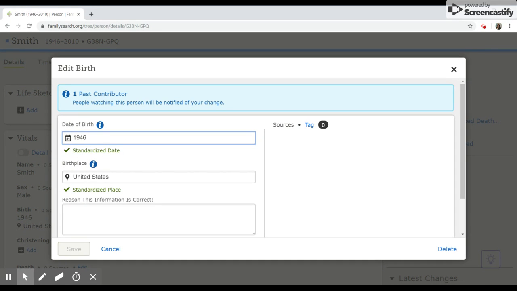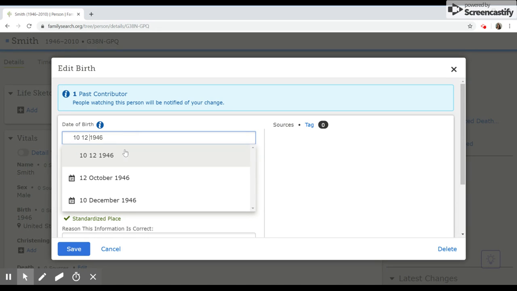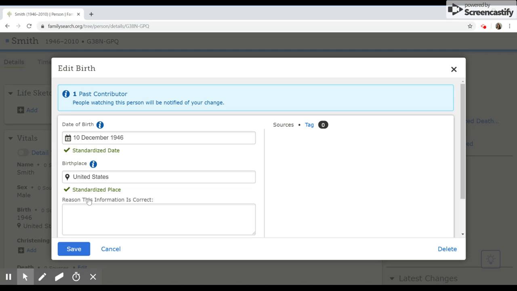The way that we enter them is we put the date first, and then the month, and then the year. So when you are writing notes from your grandparents, when they tell you when their parents were born, or when you're entering information into FamilySearch or finding information from sources on various websites,